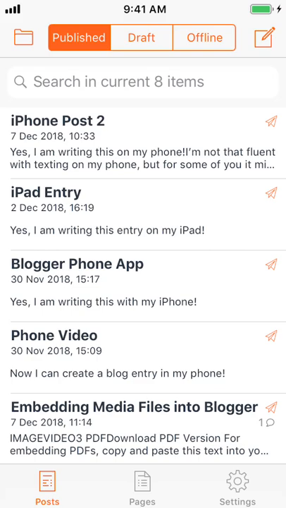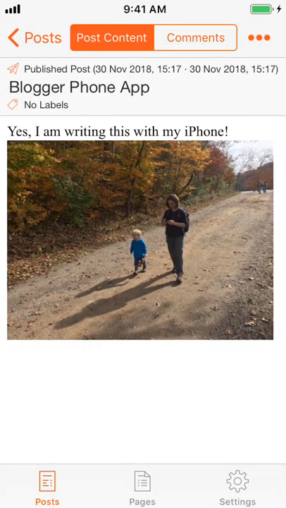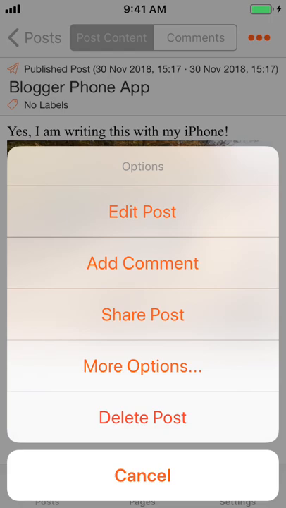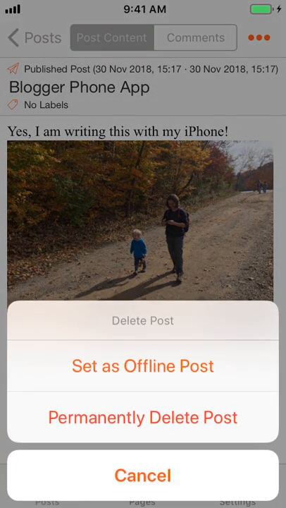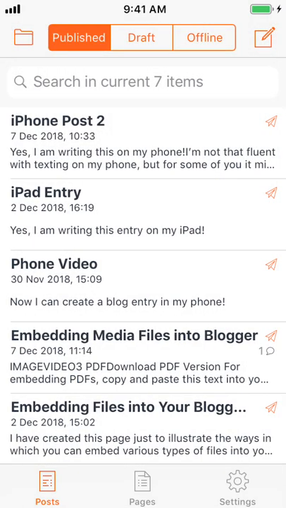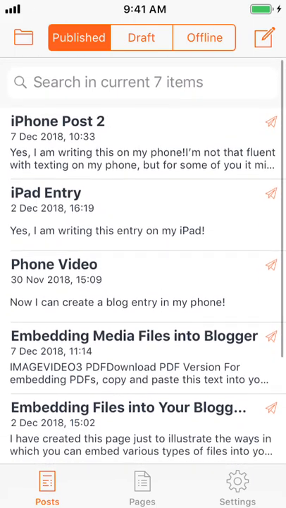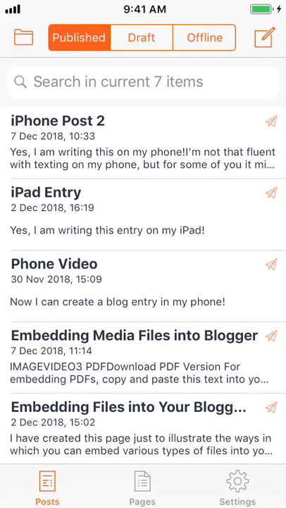And for instance, let's open this one and go back to these, and let's tell it to delete post. Permanently delete it? Yes. Let's go ahead and do that. Since these are just test posts right now, that's perfectly fine for my purposes. Now we're back into the main list of posts here under published, and in the upper right hand corner